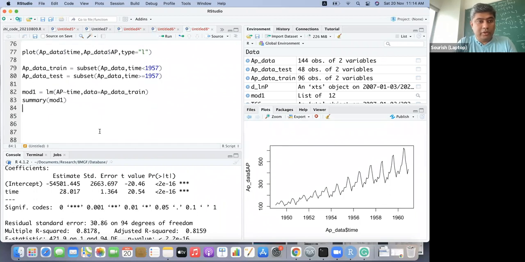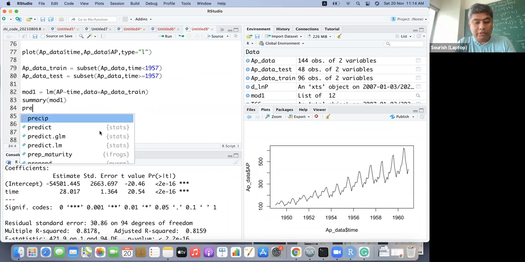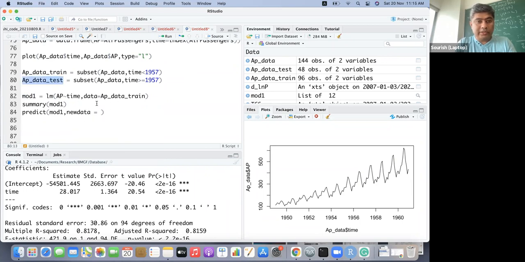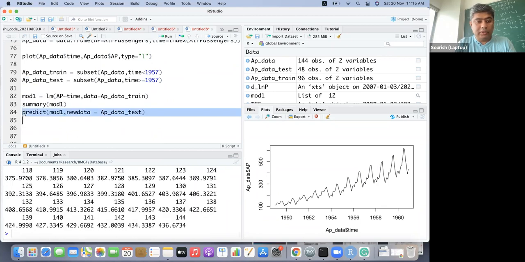And if we predict using model 1, with new data equal to AP test, it is predicting the thing.